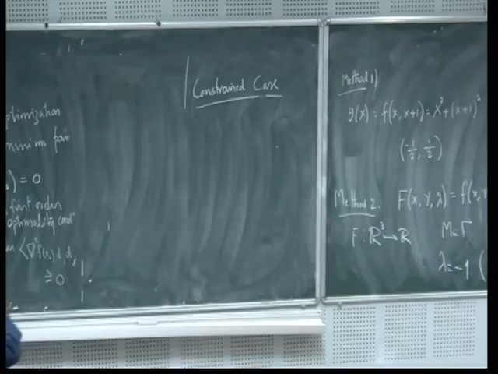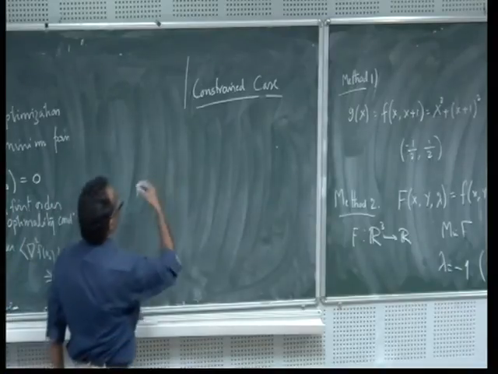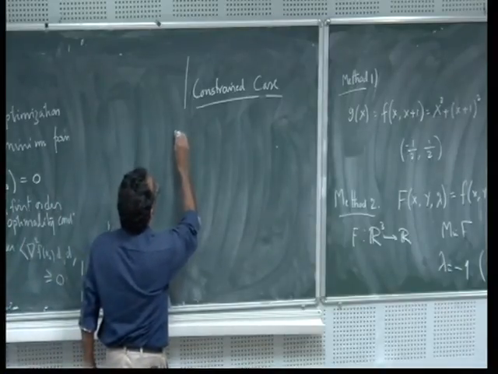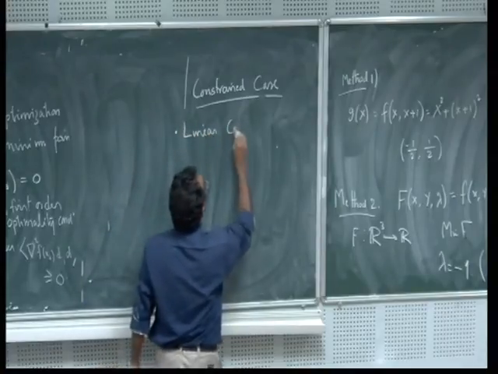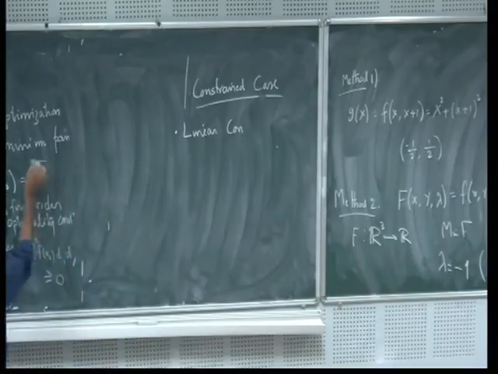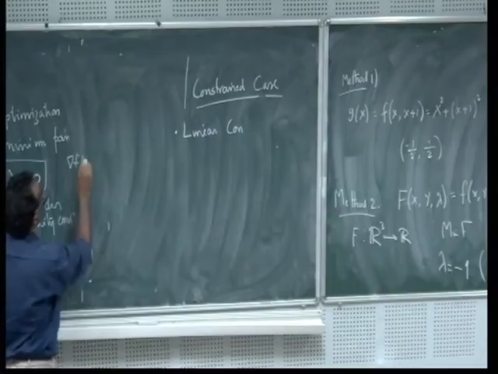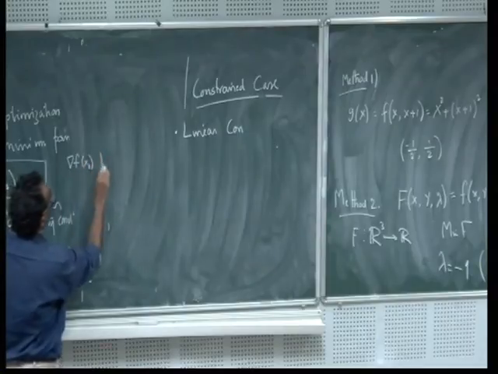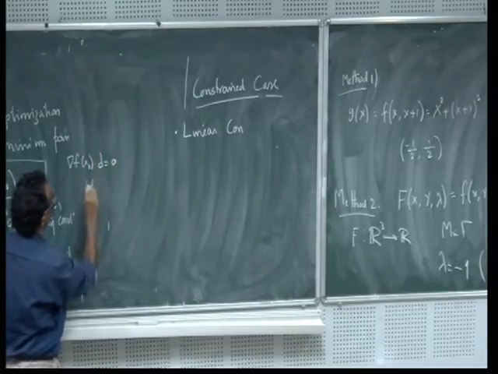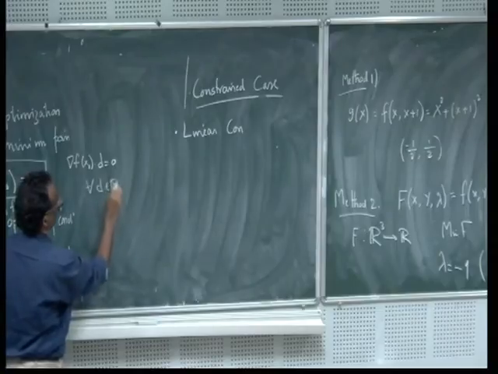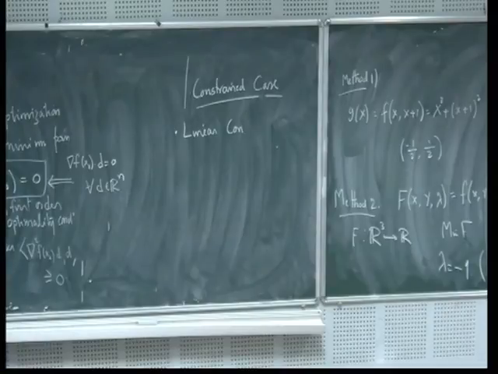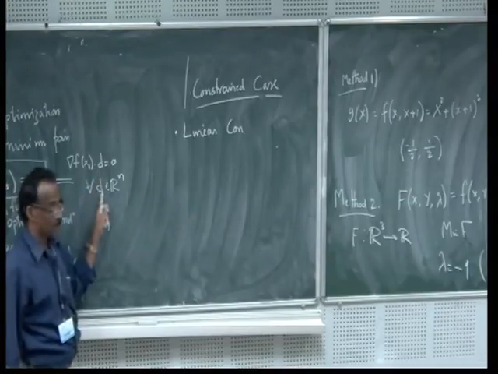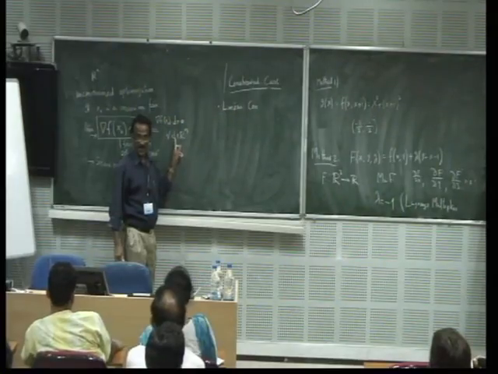To understand it in a better way, first you start with the linear constraint and see what information you get. You are no longer going to get this one, because how did we derive this one? We derived it for all d in Rn, and this is what implied this one. You don't have the freedom to choose here,